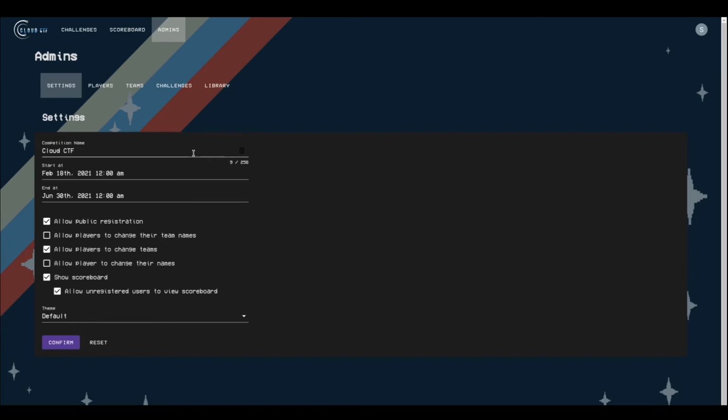One more customization that we wanted to show you today is being able to change the theme. So near the bottom here, we see that there's a drop-down box for theme. Currently it's set to default, but there are a couple of different options, and we do occasionally release more themes depending on the season or holiday or things like that. But for an example real quick, we're going to show you the Halloween theme.